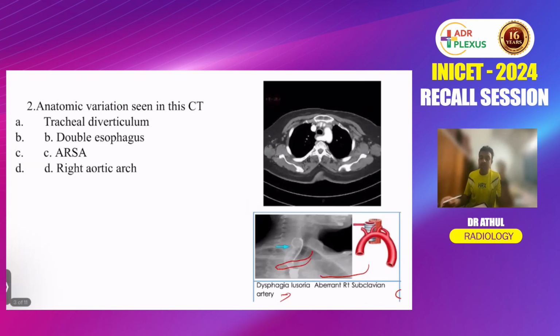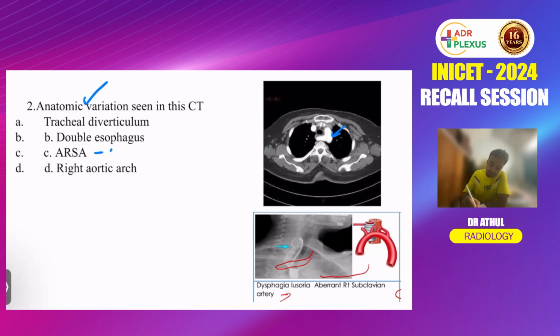Coming to the second question, this was actually a tricky question because in the question they gave you a contrast CT image. Why contrast? Because the vessels were opacified by the contrast. In the contrast CT image they asked you to find out the anatomical variant, and the options given were tracheal diverticulum, double esophagus, ARSA,